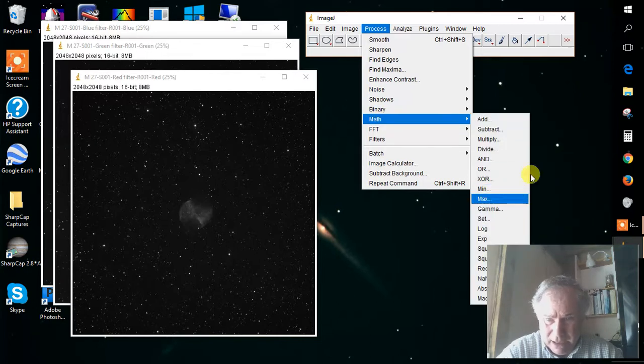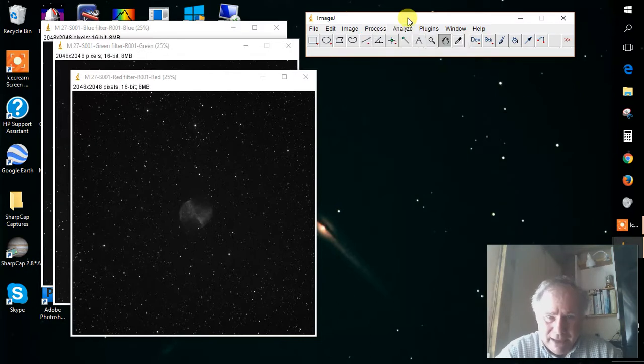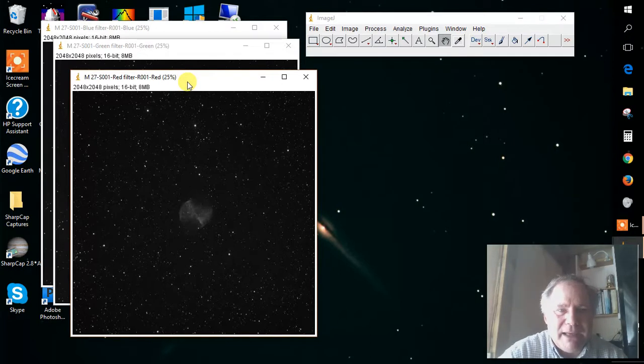We don't want to do that right now because it will do it and then adjust them separately. I separated my stack so that I could adjust each image individually, and then I converted them back to 16-bit. And the idea is when you go from 32-bit back down to a 16-bit image, let's now look at our